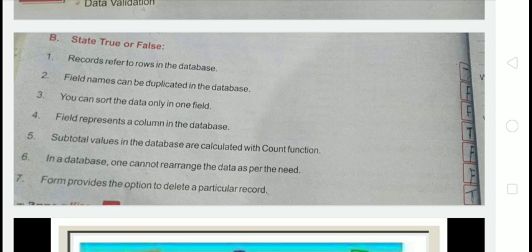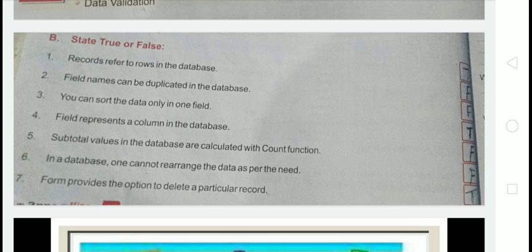Field represents a column in the database. Fifth one is, subtotal values in the database are calculated with count function. This statement is false.